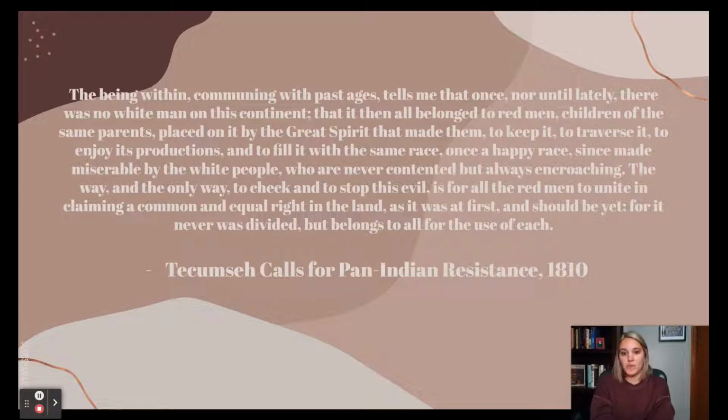The way and the only way to check and to stop this evil is for all the red men to unite in claiming a common and equal right in the land, as it was at first and should be yet. For it never was divided, but belongs to all for the use of each." So really you can see there how he's calling for American Indians to ally together and prevent white Americans from